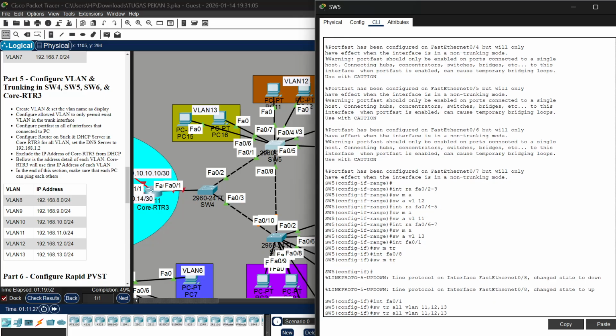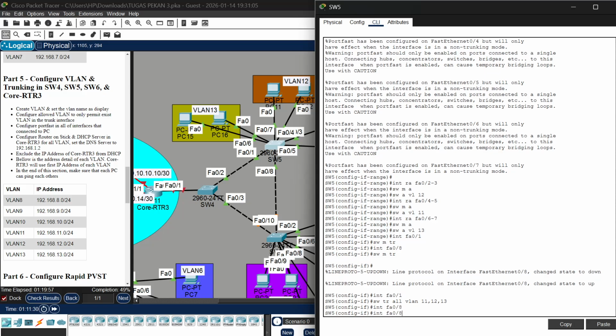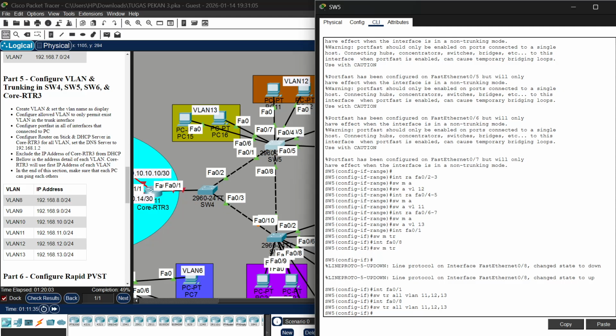Now we got it, the interface FastEthernet 0/1, switchport trunk allow VLAN 11, 12, 30. Okay,